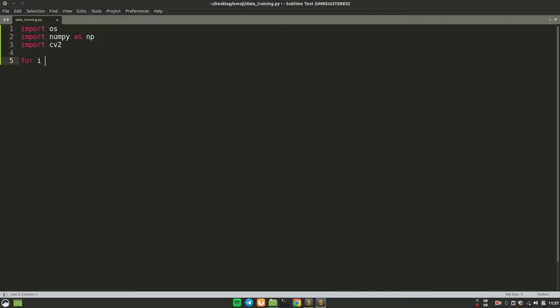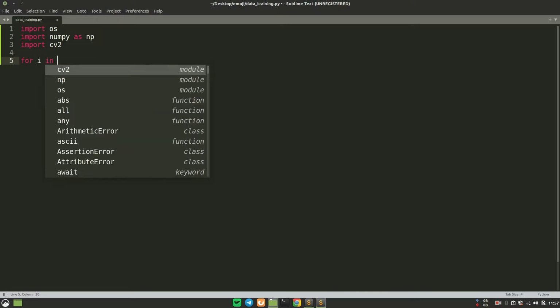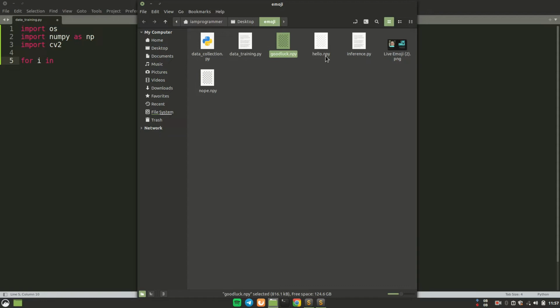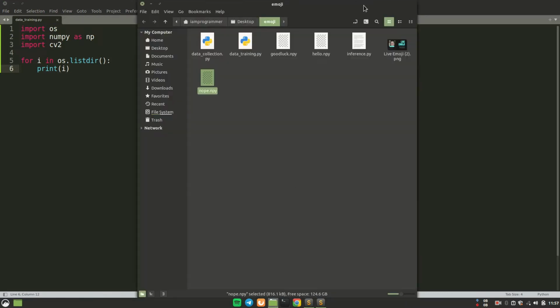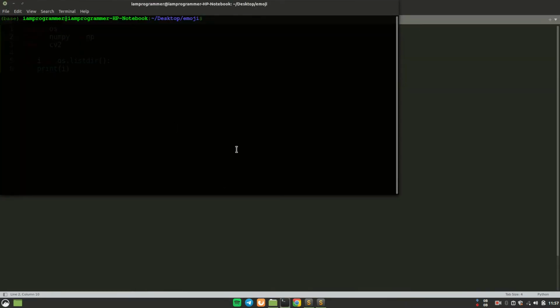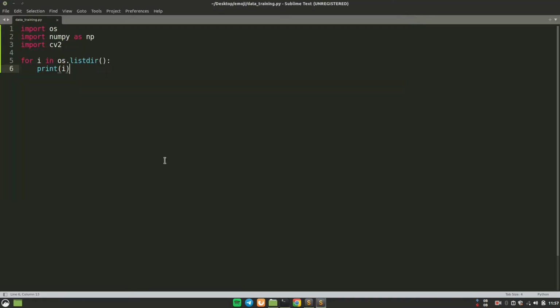So first of all, we are going to search for all these files, which is goodluck.npy, hello.npy, nope.npy in the same directory. So for that, we have the function called listdir in the OS module. Let's just see what this returns, and we'll say for i in os.listdir print i. So let's just open the terminal in the same directory and run this script, python data training. So you see that this is returning all the files in the same directory,